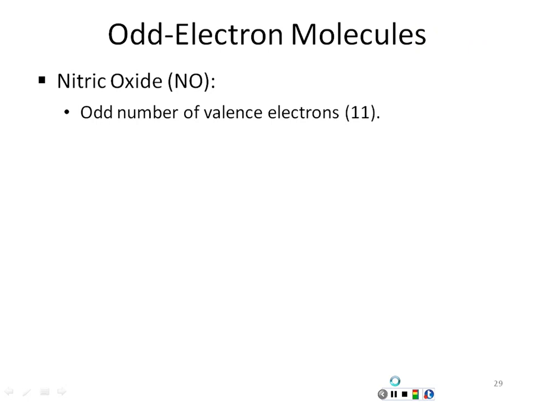So if we look at nitric oxide, the number of valence electrons would be 5 plus 6, 5 from nitrogen, 6 from oxygen, which would be 11 total. So that's an odd number. So what would the formal charges be? Well, if we draw the structure,